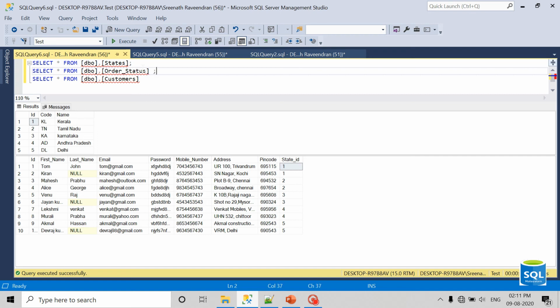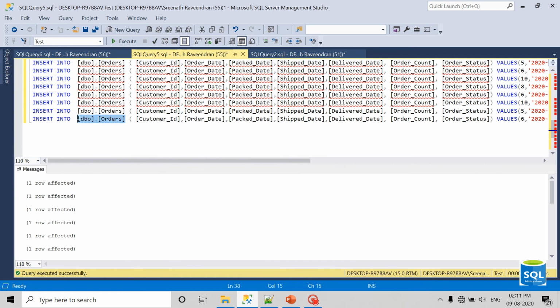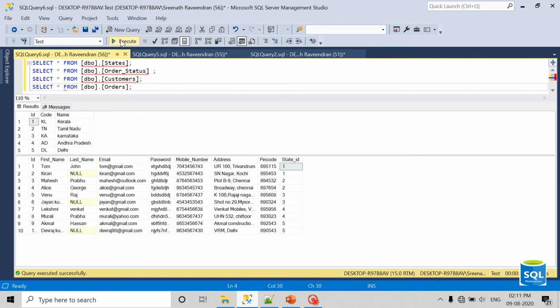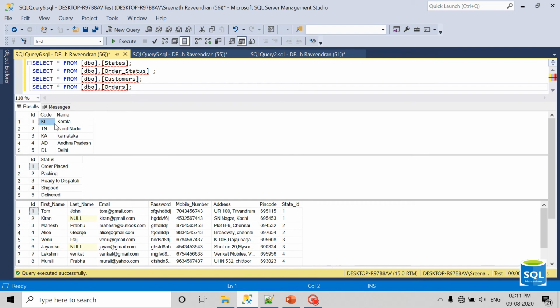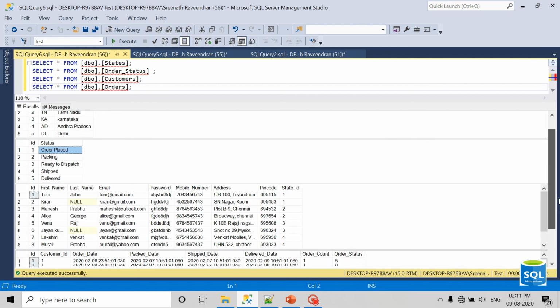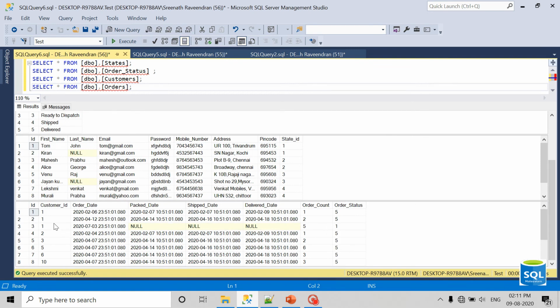Okay, and let's see the orders table also. Yeah, we have 5 states inserted, and we have 5 order statuses, and we have customers here, and orders are inserted. So you can see orders for this customer ID we used. So this customer ID 1 means the customer from the customer table. Tom is the first customer,